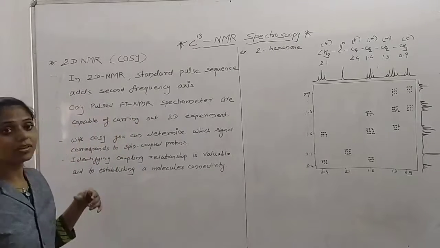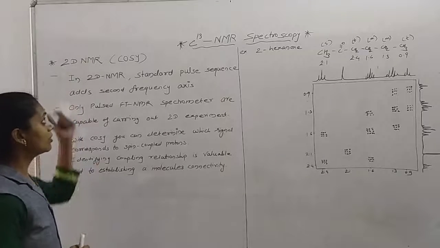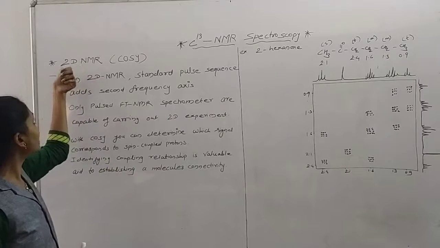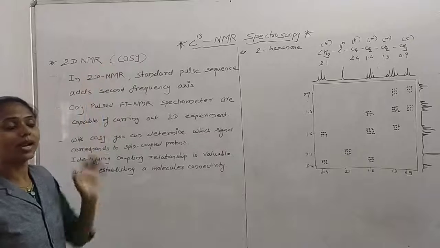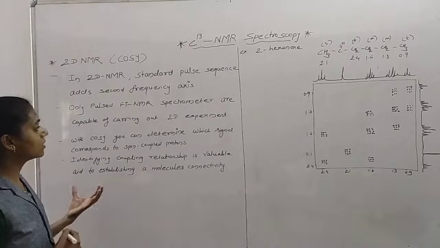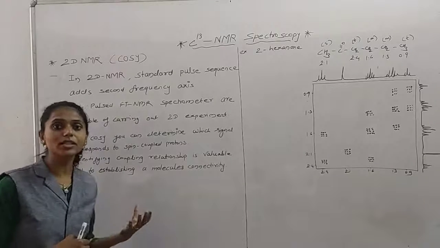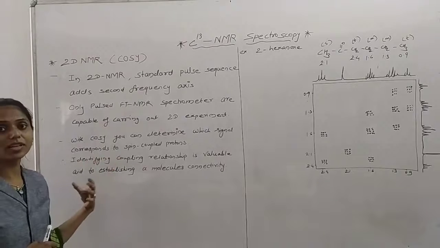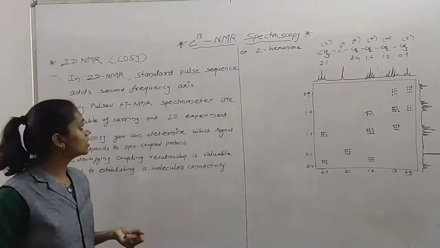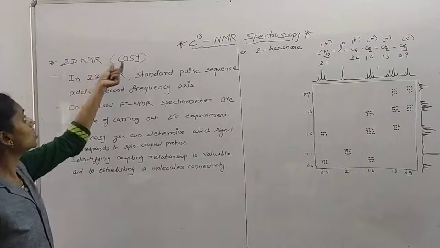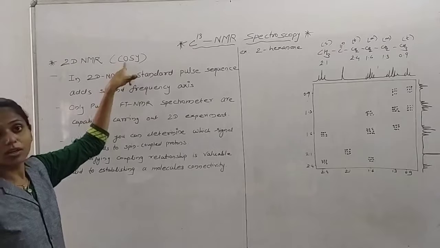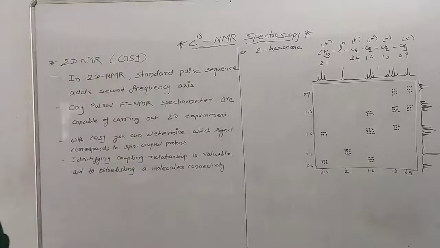Now in today's lecture we will see another spectroscopy for C13 NMR. It's a 2D NMR spectroscopy. The name itself indicates two-dimensional NMR spectroscopy, and it is also very important, since through this we can identify our organic compound very easily. These different types of spectroscopy are useful to us to identify the organic compound. Its name is COSY. What is COSY? It's a correlated spectroscopy.